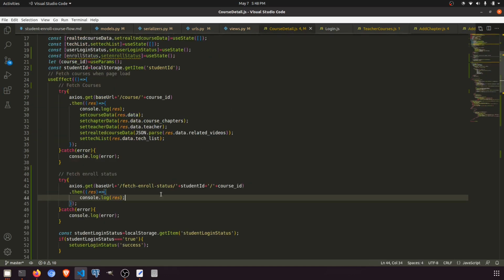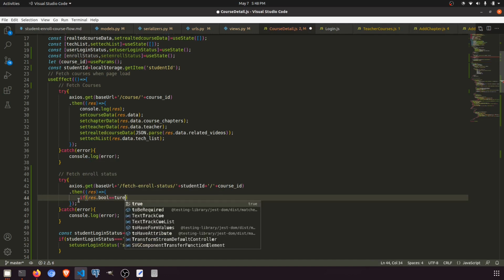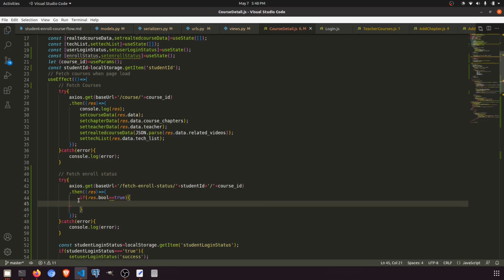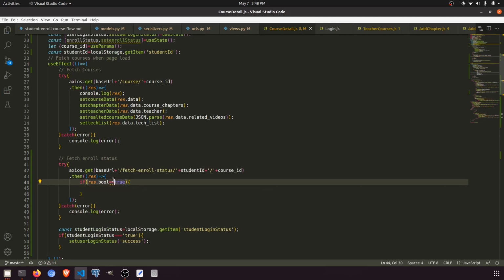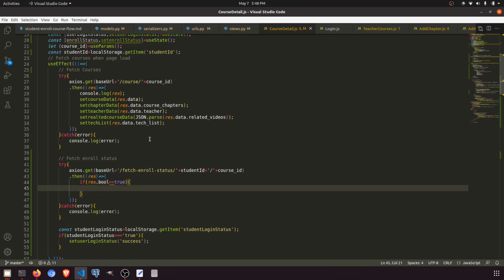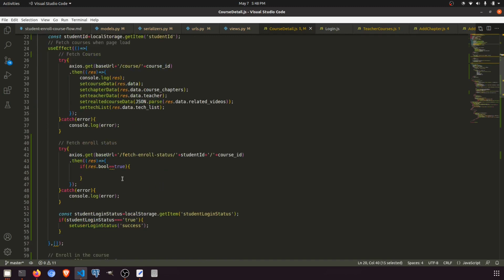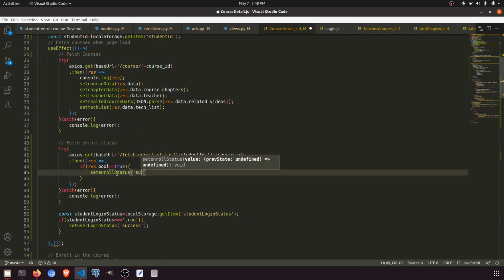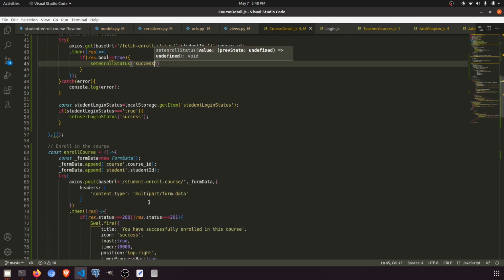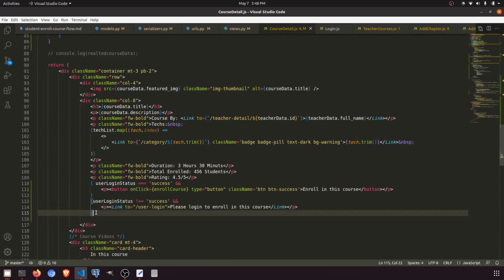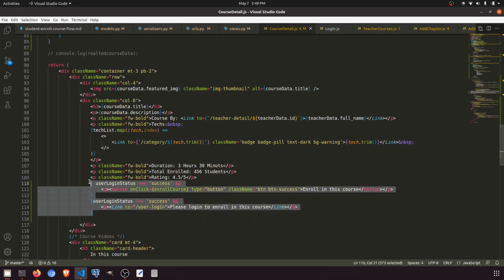Let's go to the course detail page, and here we will say if response dot boolean equal to true, right? If it is equal to true, then we will set enroll status to success. Okay, it means the user is already enrolled, and the enroll status here is for a user who is logged in, and